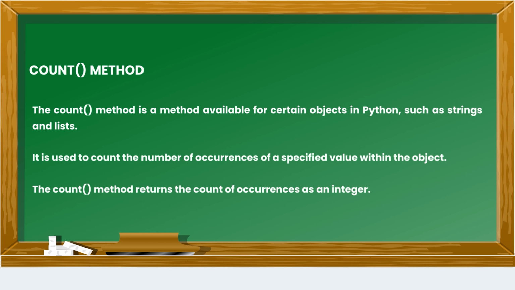Now let's look at the count method. The count method is a method available for certain objects in Python, such as strings and lists. It is used to count the number of occurrences of a specified value within the object. The count method returns the count of occurrences as an integer. For example,